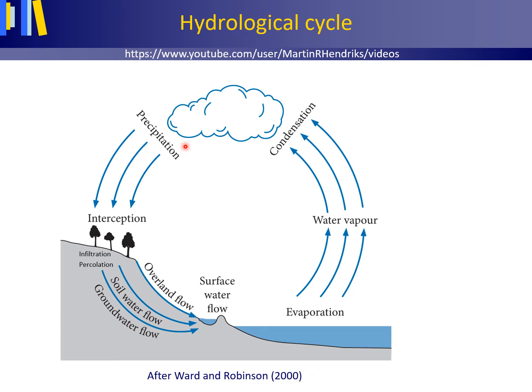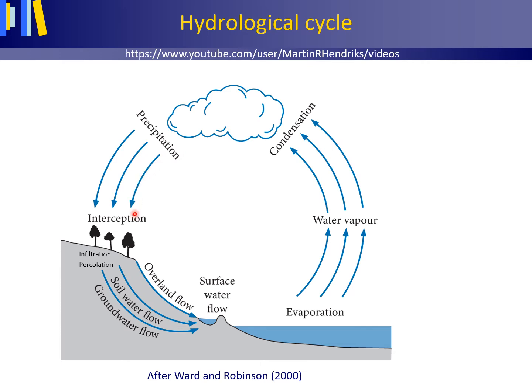Precipitation can be in different forms: snow or hail or rainfall. Very often in the mid-latitudes, precipitation starts as snow or hail higher up in the atmosphere, and then lower down in the atmosphere, because of the higher temperatures, the snow or hail changes into rainfall.